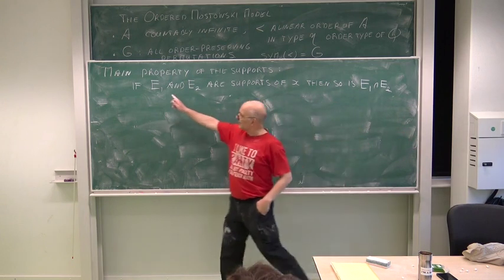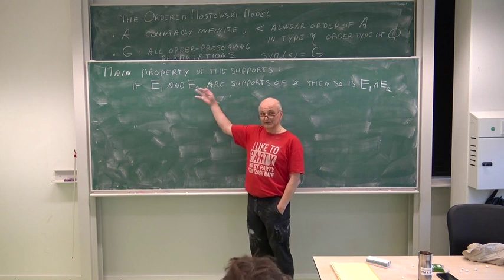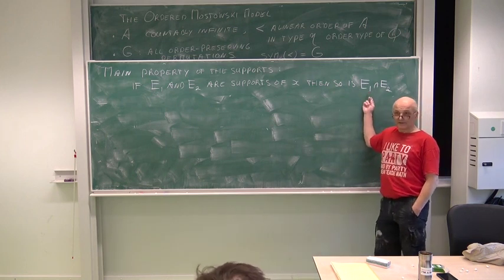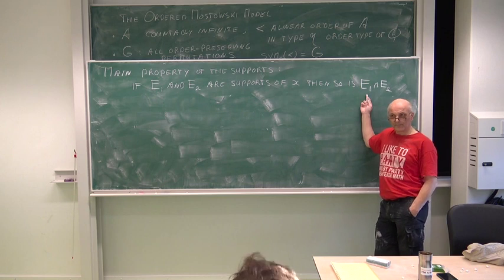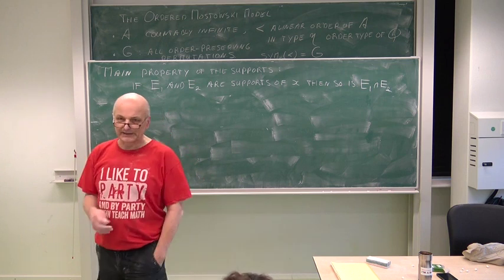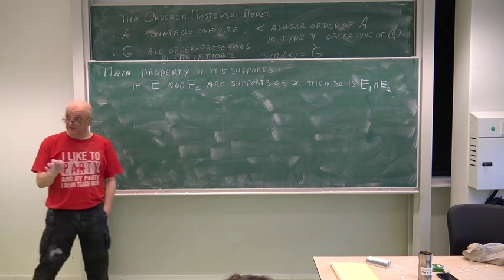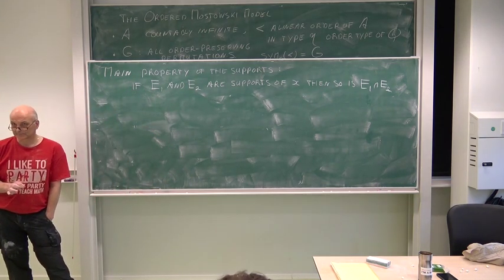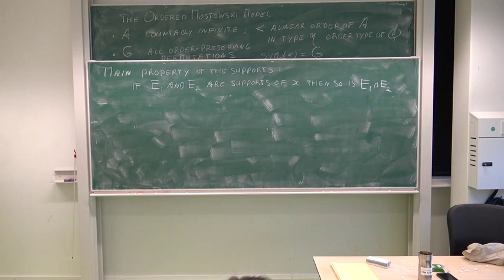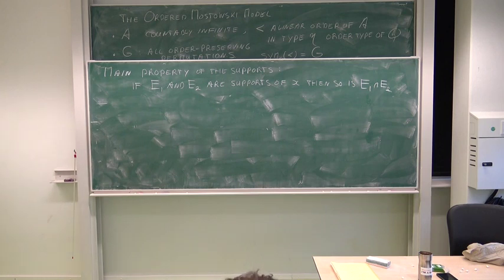I have two possibly quite large sets. Both act as a support for X. And then I say, oh wait, look at the intersection. That's still a support. And it's conceivable that although E1 and E2 both have plenty of points, the intersection could be just a few. And still, that intersection is also a support for X. Given the time, you can study that in the notes, but I'll talk about it next week.